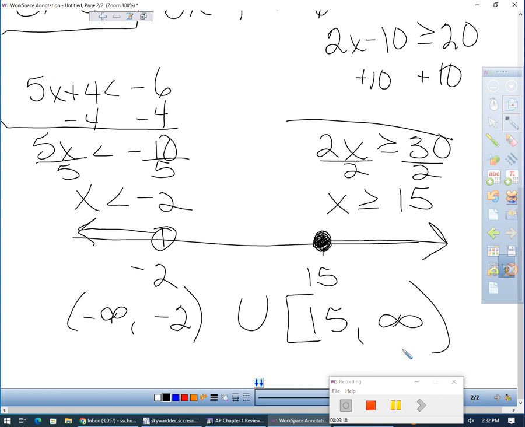Okay. So you guys that have had me before, right? You know we've done this. You have to do interval notation, all that wonderful stuff. Those of you that haven't,